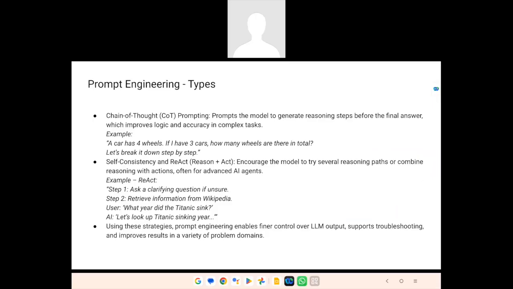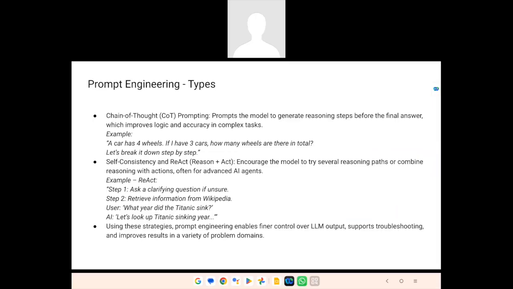So here how it works is, chain of thought prompting is nothing but how we typically solve a mathematical problem. Let's say you ask a sixth standard child a mathematical question, you break it into parts, right? Like let's say a car has four wheels. So if we have three cars, how many wheels?